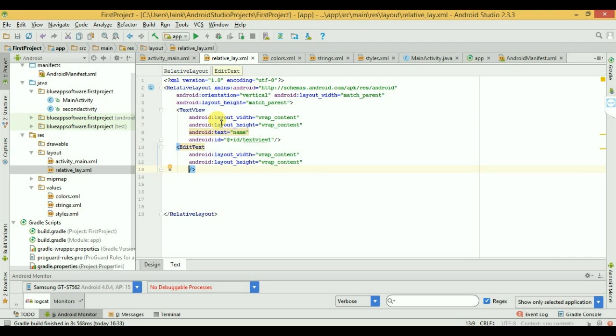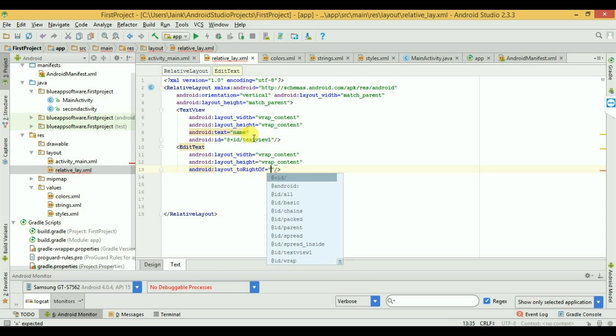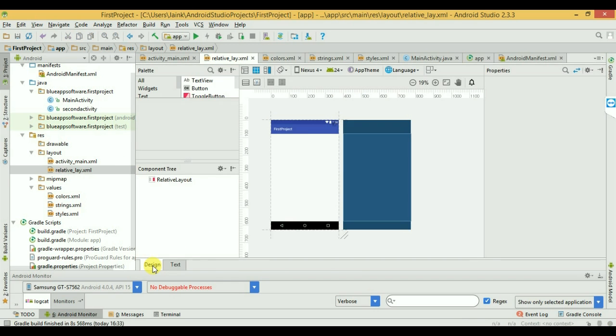So what I have to tell the Android OS is that I want this edit text to be to the right of this text view 1. So layout to right of, provide this ID name. The ID name is text view 1, so text view 1. Okay, so I think